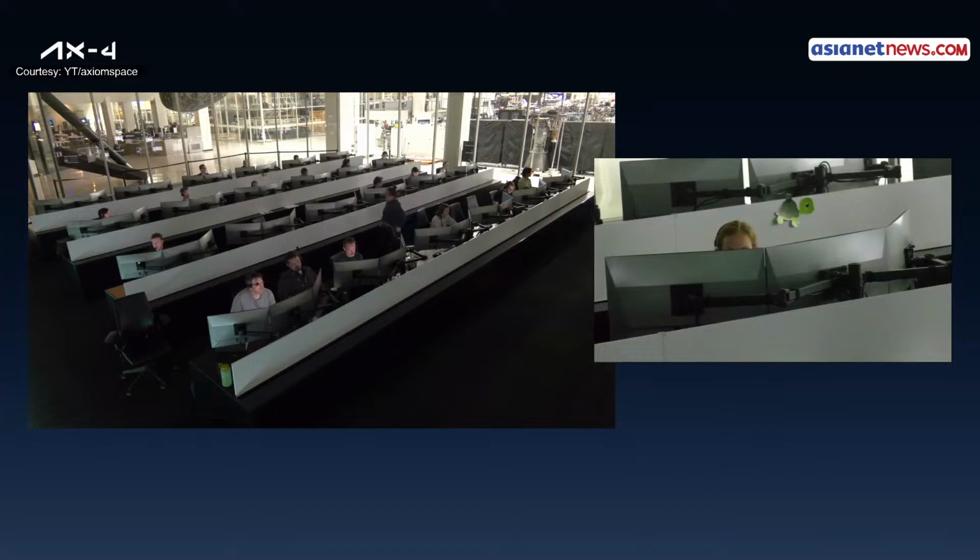Great call outs there, as you heard the team saying, about 1,900 meters away, that separates the Dragon Grace spacecraft and the International Space Station. Now, as Paul and Ronnie have mentioned, this is the 4th private astronaut mission, the first since January of 2024, and that was when Axiom Mission 3 arrived aboard the orbiting laboratory. Now, from AX1 through AX4, once they are aboard, the teams will have welcomed 14 different...